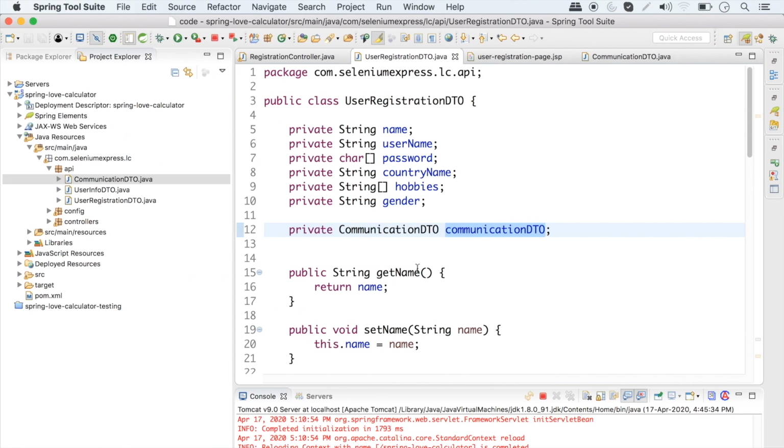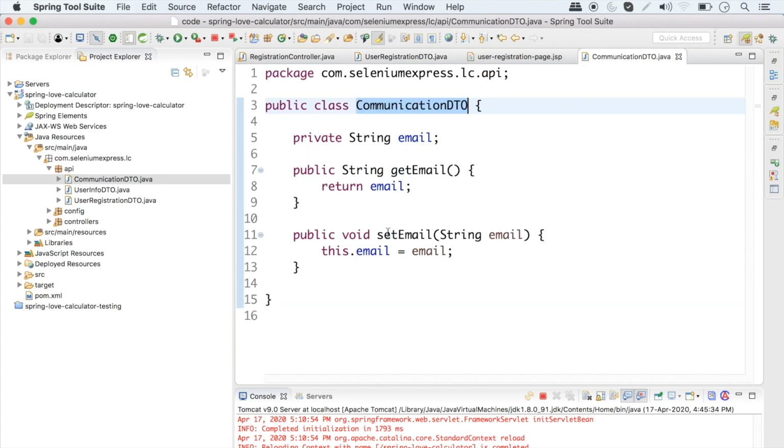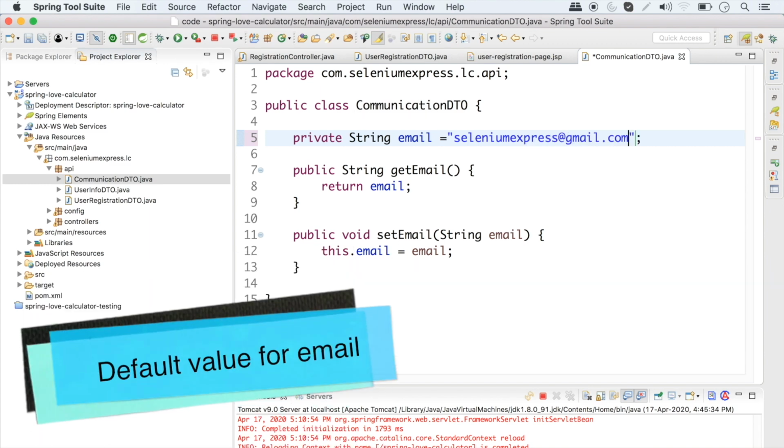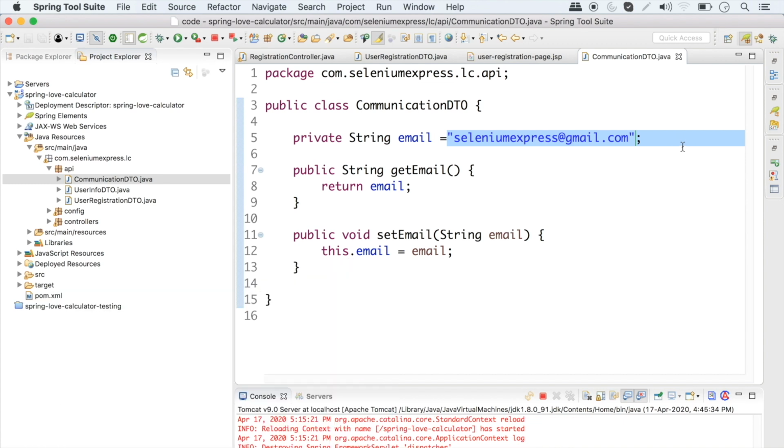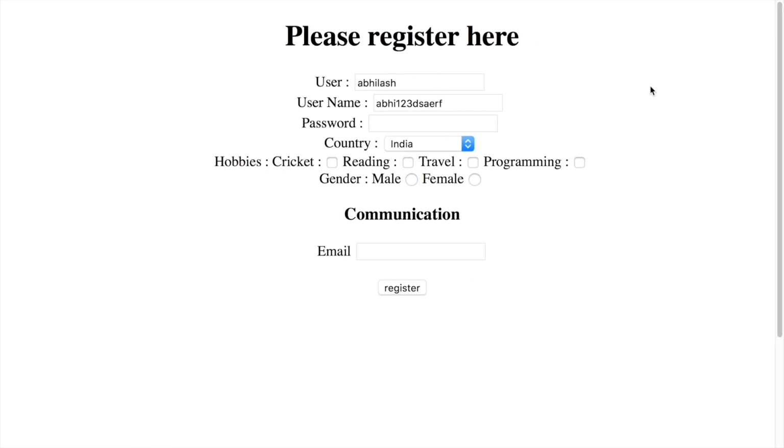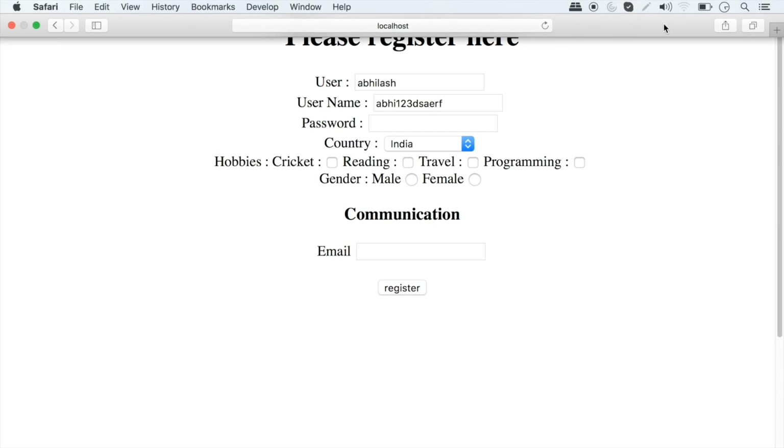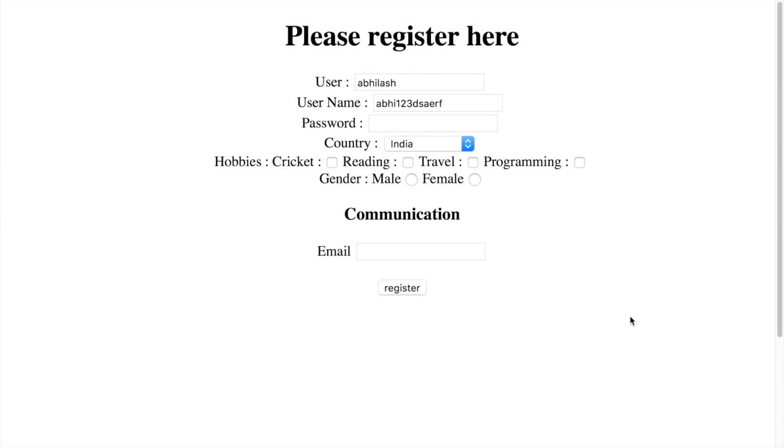So now let me go here. Let's say we have some default email entries. Let's say SeleniumExpress@gmail.com. Okay, let me do Command S, and let me check whether the data binding is happening fine, and whether I am getting this particular email in my text box whenever I'm loading this page. So right now let me go ahead and refresh this page,